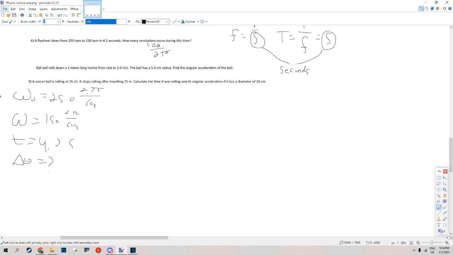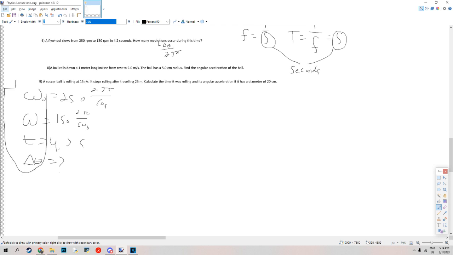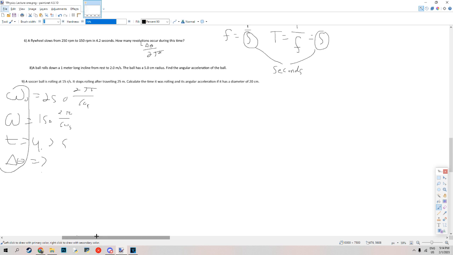So we need to find an equation that uses these 4 inputs. That's not the word, but yeah. And that equation is the hidden equation, the second equation, which states that delta theta is equal to 1/2 times final angular velocity plus initial angular velocity times time, which then, if we plug in numbers, delta theta equals half times